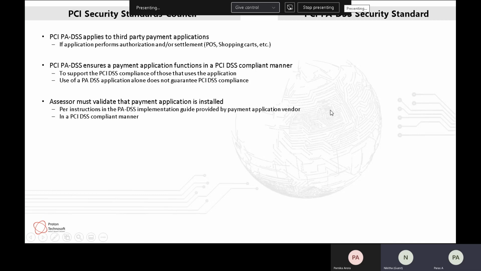For example, PCI auditing part also we are learning. So we are going to look at the security controls. We are going to develop a checklist based on those security controls as well. But real auditing, unfortunately, we'll not be able to do.